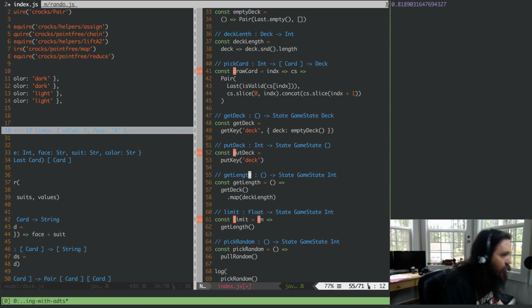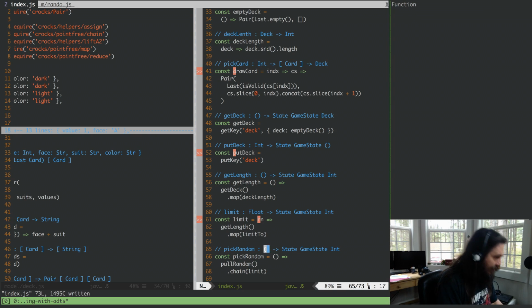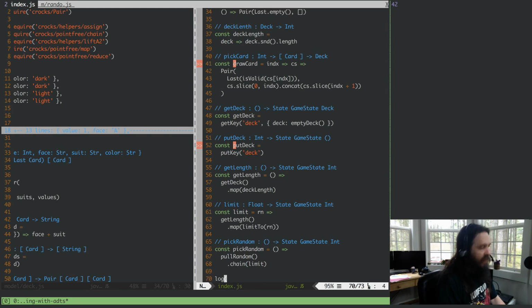And get length is, as we see here, going to return us a state monad that has the game state plus the integer that we want on the A. So since that integer is on the A, all we should have to do is map with limit2. Okay? So now, make sure there's no errors. When we do this, all we have to do is chain on this limit. And we get a function back. Why? Because limit2 needs this random number applied to it. So now we get 42. And it's within the bounds of our array. Right? So now we have pick random,